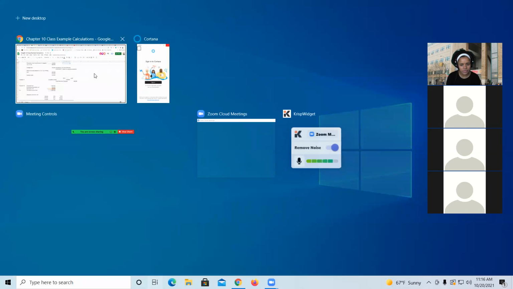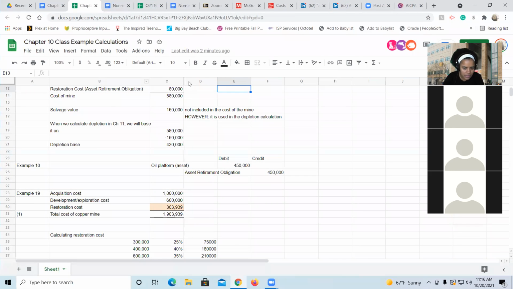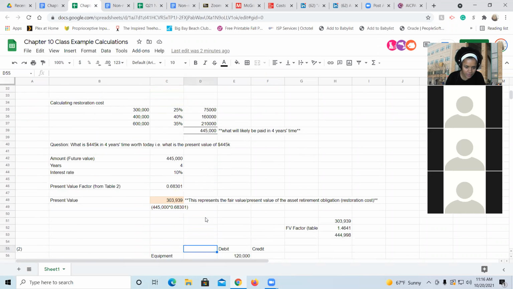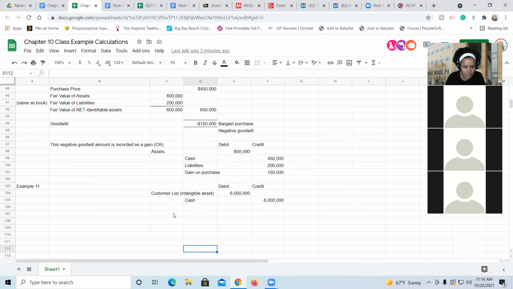That is also referred to as salvage value, right? Salvage value, the amount that you could recover from selling the asset at the end of its useful life. So the $60,000 is salvage value,